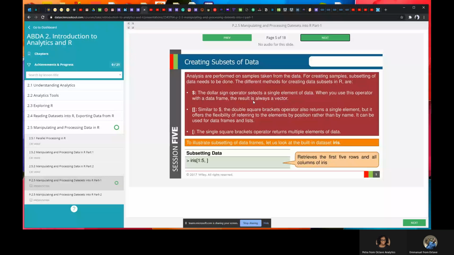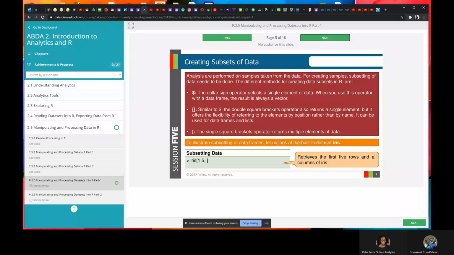For example, I have a data frame with 10 columns, and I want to call a single column out of it. Let's say I have a data frame called employee, with several columns like employee ID, first name, last name, salary, and the like. If I just want the first name of employee, I can say employee dollar sign first name. That is going to call that column in the data frame.